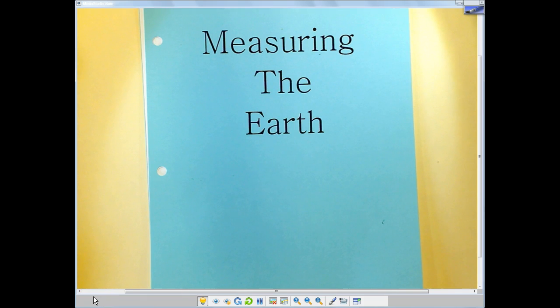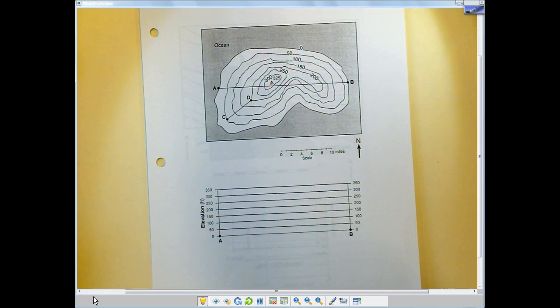Welcome to another screencast. This is in your Measuring Earth packet. I'm going to show you how to draw a contour profile. If you turn to page 16,